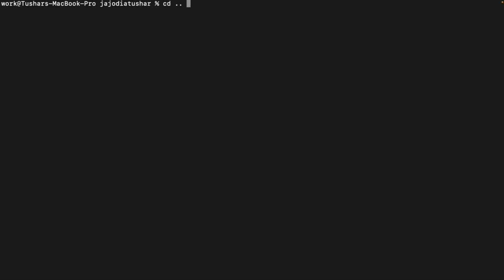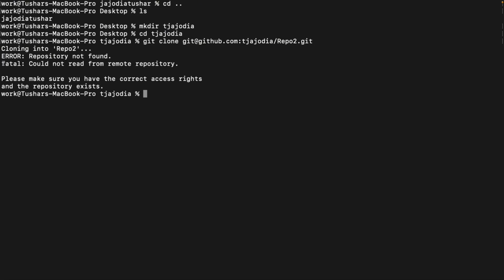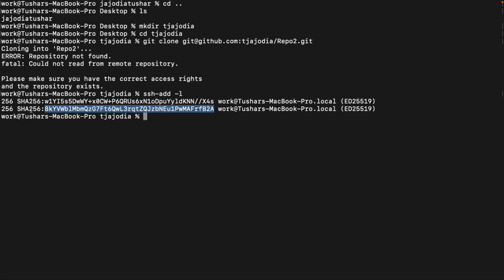Now let's go back to the desktop. Right now we have just one folder. Let's create one more folder for tjajodia. Let's go inside this and try to clone this repo. See, it still says we do not have permission, although we have this key, and the